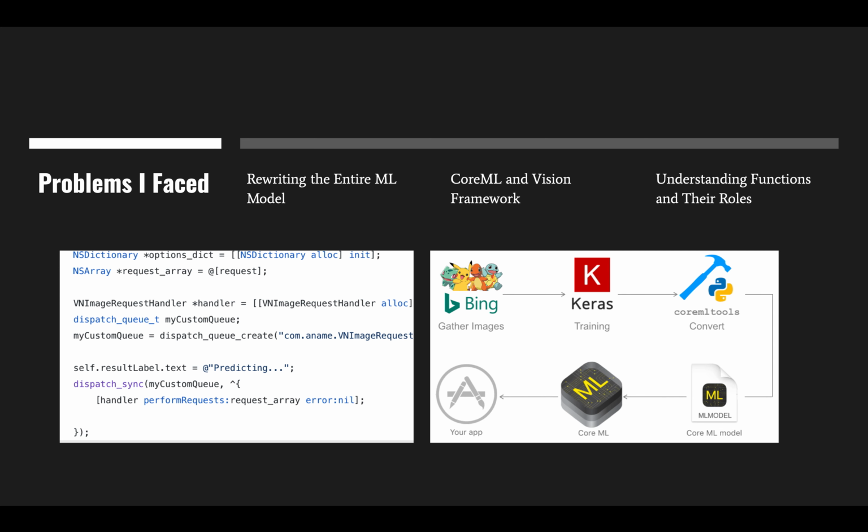The 3 main problems I faced: first, rewriting the entire ML model, because I didn't use the ML model I created last time, because I didn't know that the Core ML framework existed, so I had to use Keras to train my model, and then I had to use Core ML tools to convert it. Core ML and the Vision framework were completely new, so again, syntax and all of that was something I had to deal with. And then understanding functions and their roles in the frameworks, and with Keras and Python and machine learning, was also one of the biggest problems I faced,